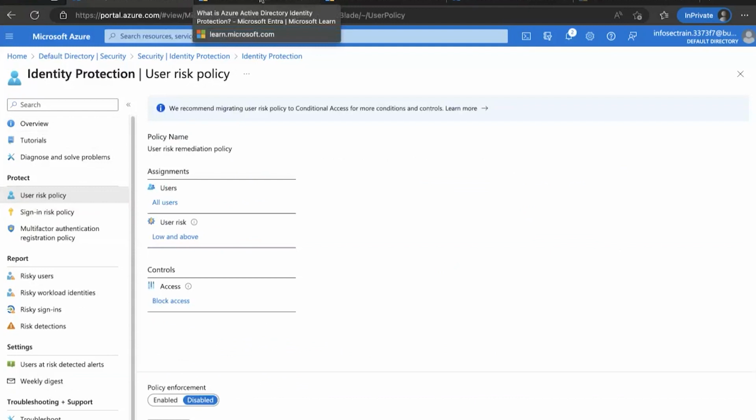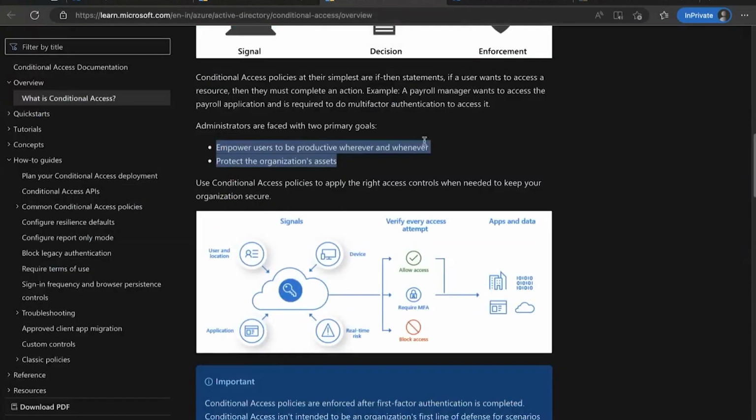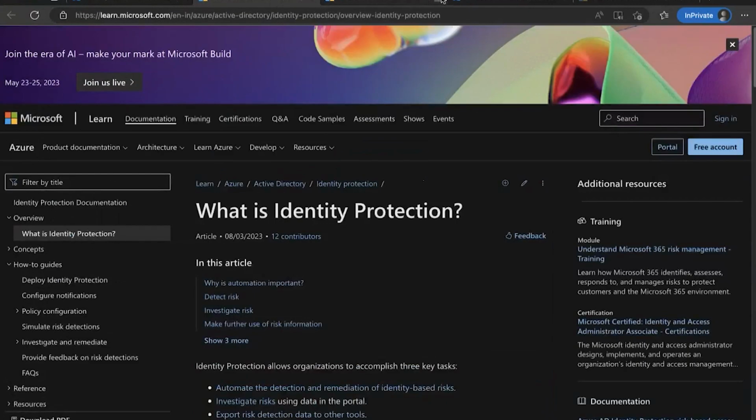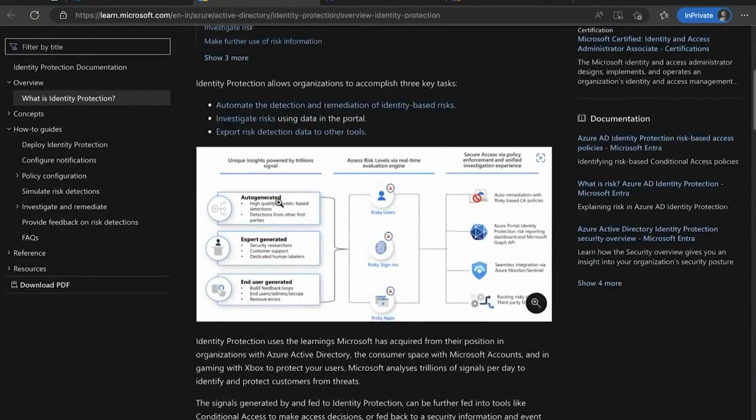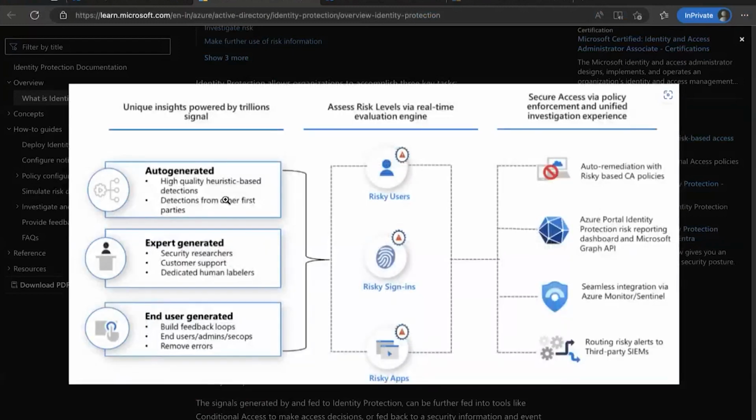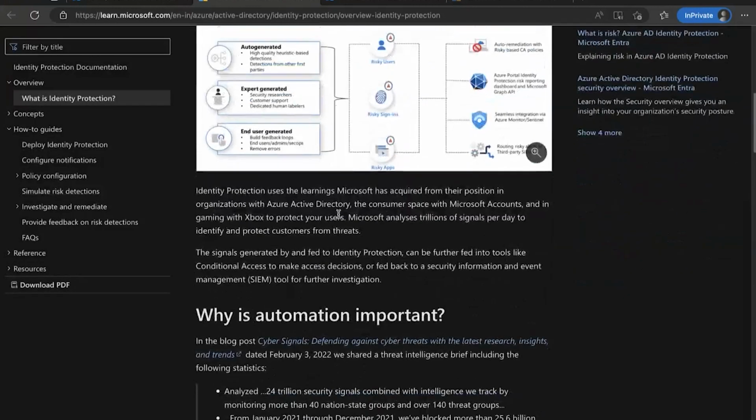the factors. Okay. So if you read the page of Azure Active Directory Identity Protection, you will find out this is kind of auto generated, right? It has auto-generated, high quality heuristic based detection from first parties, security researchers, customer support, dedicated human labelers, and user generated. So what this Microsoft service will do is try to identify a few factors, right?